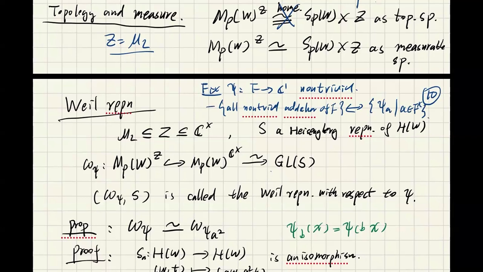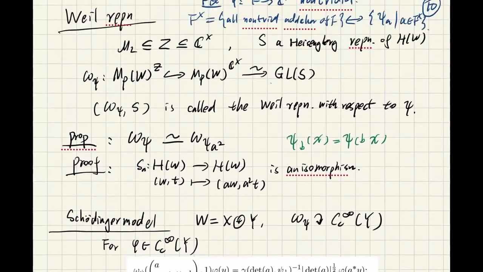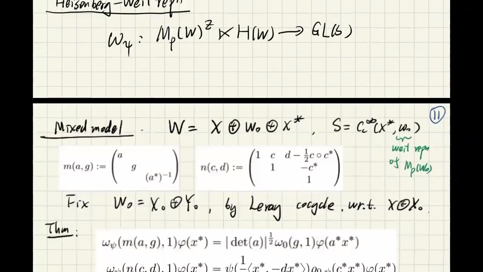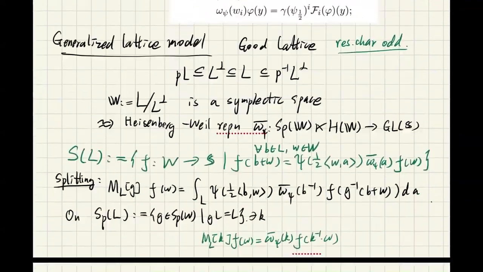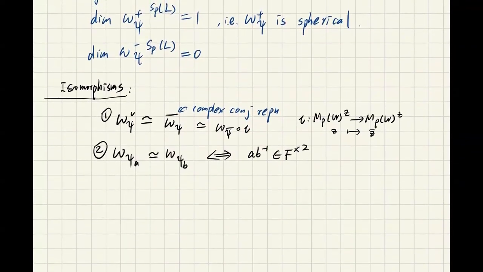Okay, so this set is in bijection with F cross basically. It's also natural to ask this question, and the answer is here. If you have two additive characters, psi A and psi B, when are these two Weil representations isomorphic? The answer is that they are isomorphic if and only if they differ by an element in the square,